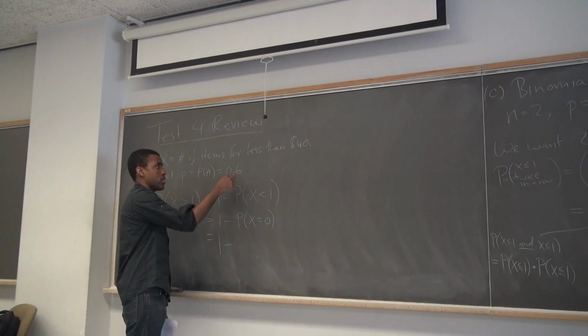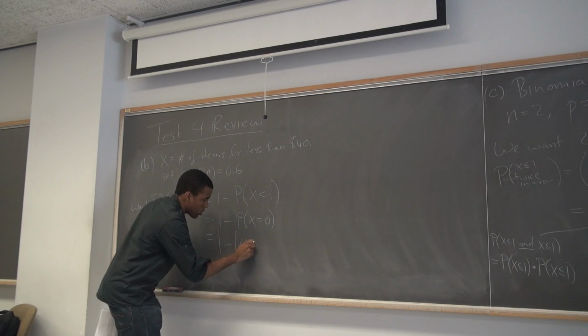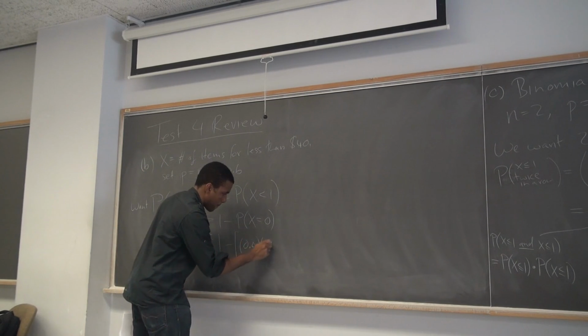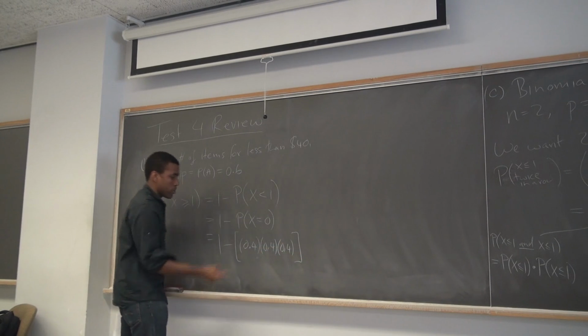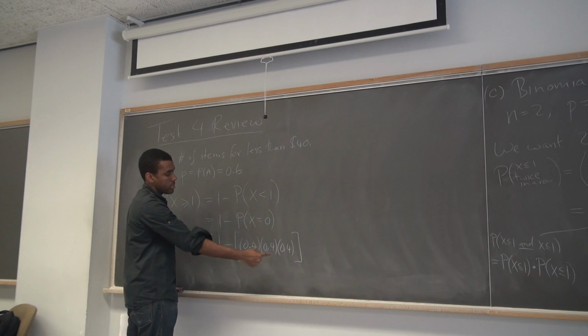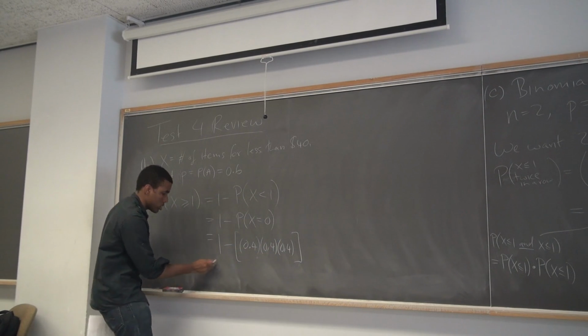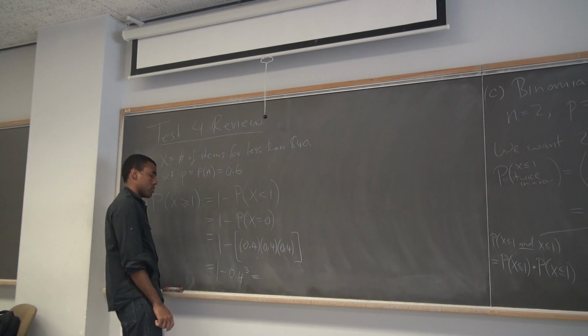The probability of being less than 40 is 0.6, so the probability of not being less than 40 is 0.4. But you want that to happen 3 times in a row. So the first isn't less than 40, and the second isn't less than 40, and the third isn't less than 40. So this is just 0.4 cubed, which gives us